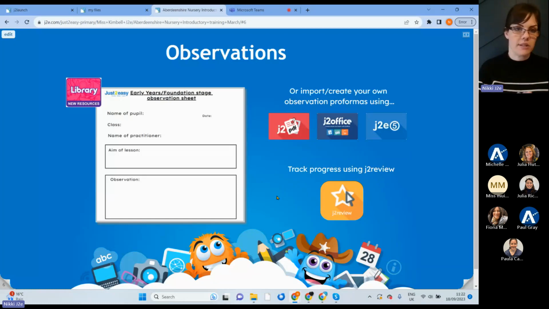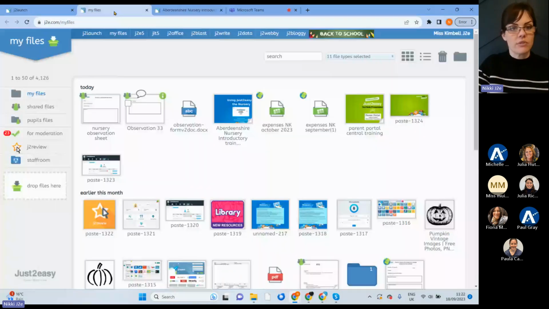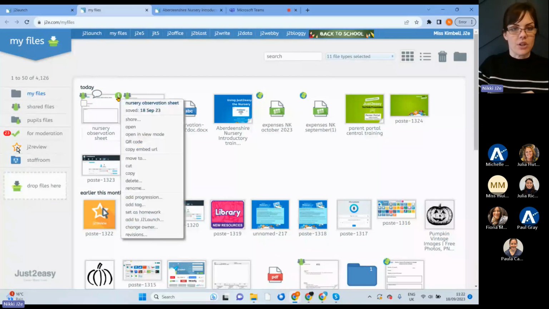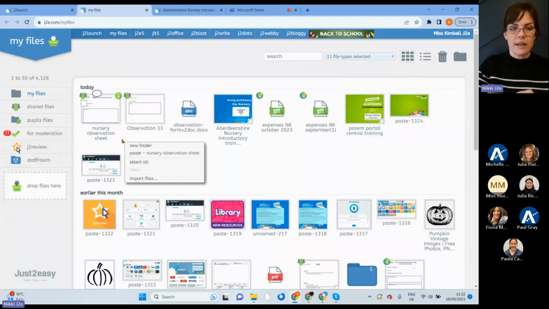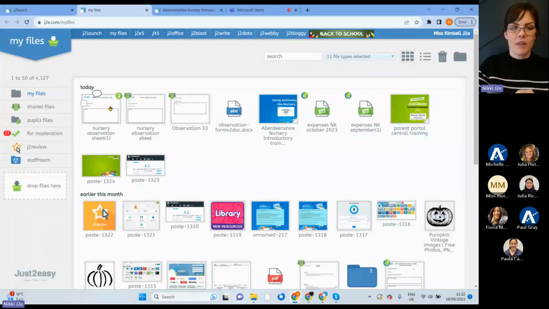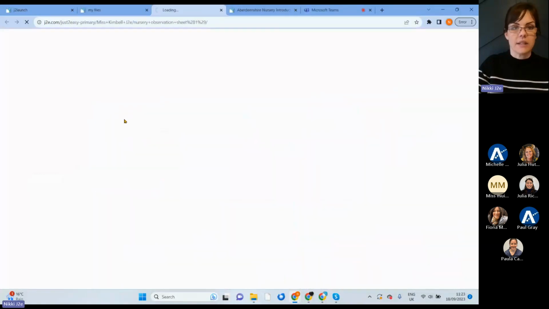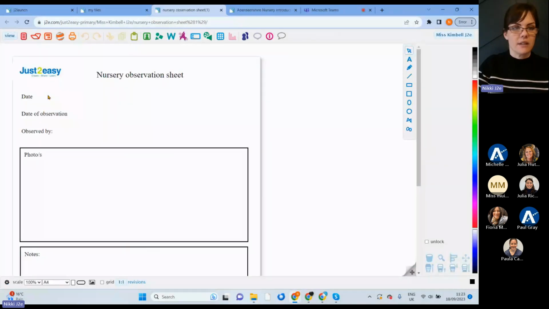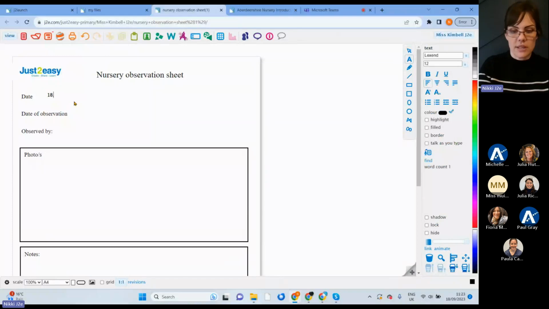Okay. In terms of filling out an observation, the process that I personally would use is I would keep that template in my files, for example, so this one here. And if I wanted to fill that out for a student, I would copy that template first. So I go to my green circle and I would go to copy and then right click and paste. And then I would start filling that out. So if I click on that, I can start adding content into this now. So if I go to edit and add in again some content,